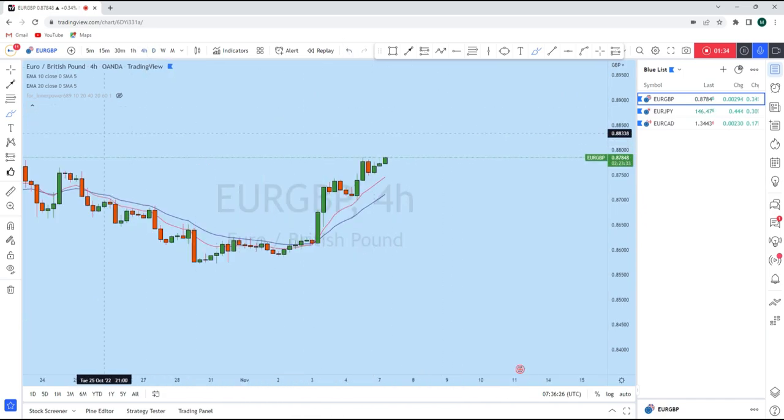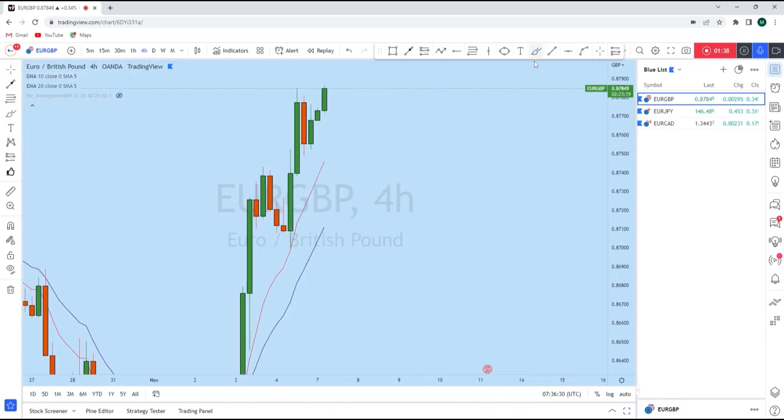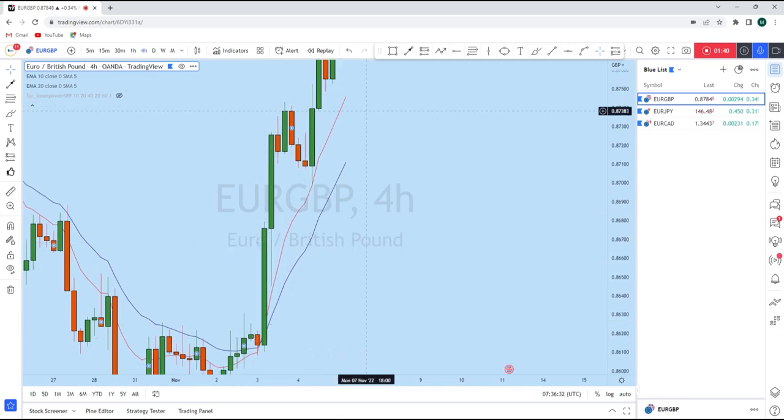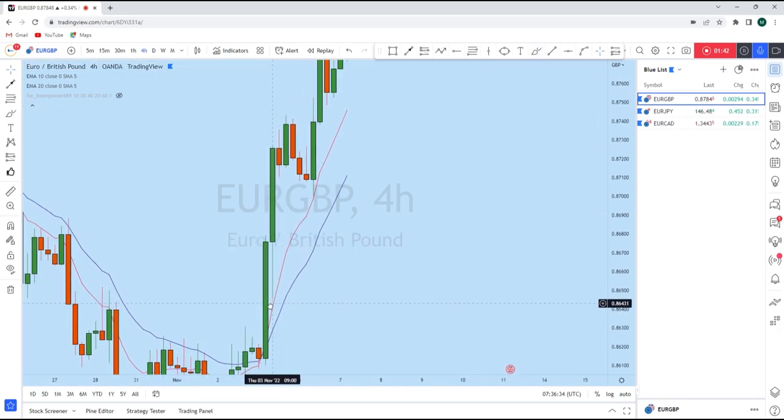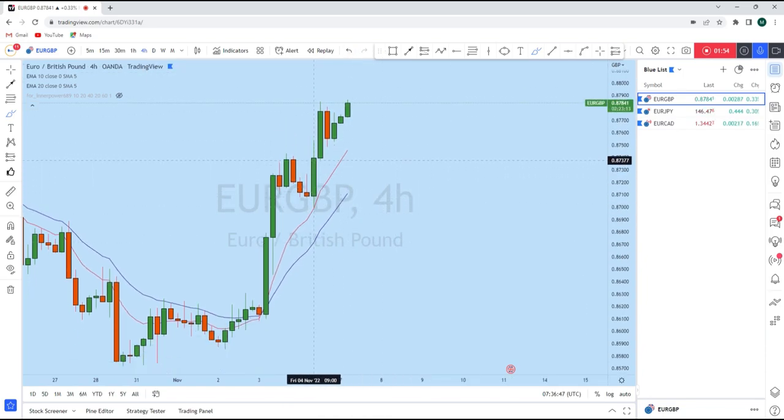Now, looking at the intraday perspective, there is a bullish price action as well. There is a strong impulse, as you can see, and with that impulse the price created another bullish structure in this triangular pattern, followed by a false breakout. With that, we have seen another bullish triangular pattern, and the price has now just broken out